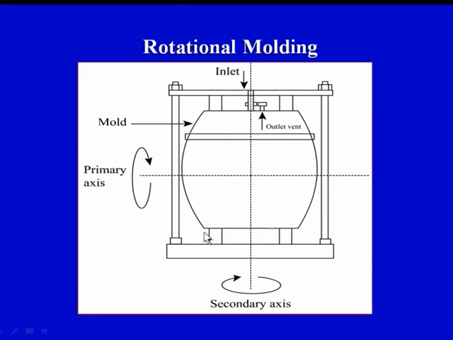Now again let us revise this with the help of a complete diagram. The diagram was earlier drawn. This is the heated mold. It can rotate about the secondary axis, it can rotate about the primary axis, and this is the inlet for the raw material. On this rotation the raw material would be thrown out towards the walls of the mold, and it will conform to the shape of the walls of the mold. After the cooling has taken place, the split mold can be opened and the final hollow part can be removed from the mold, and now the process can be repeated a number of times to make similar identical products.